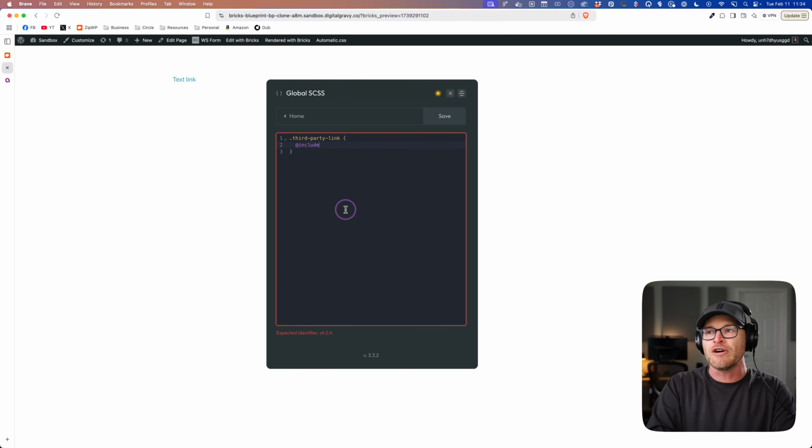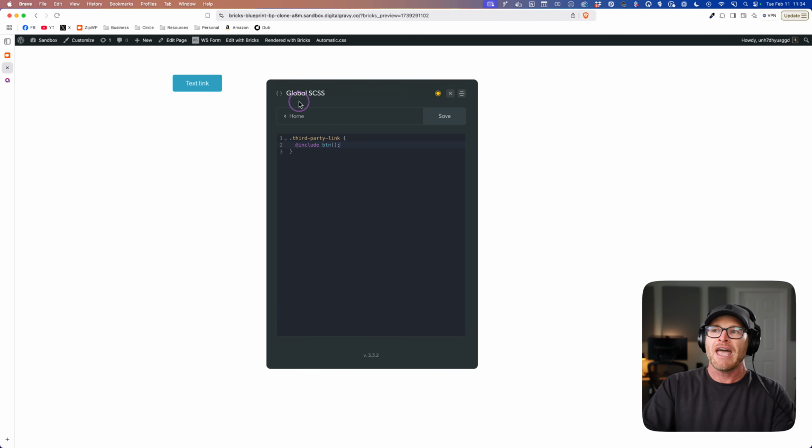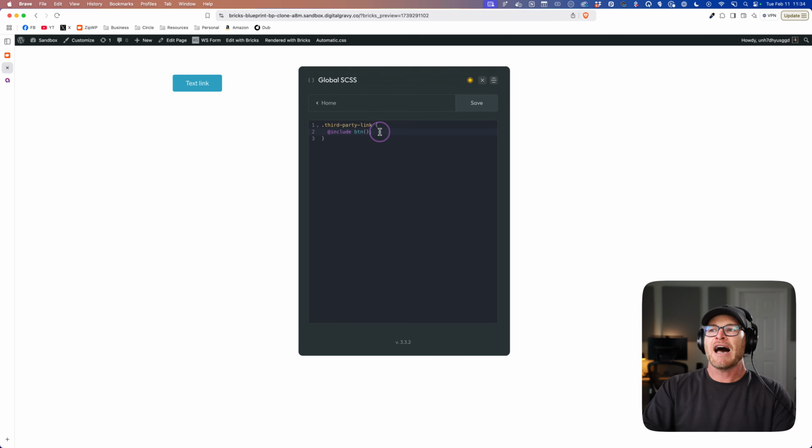You can use what are called mix-ins, right? So you do something like @include, and then button. I want you to notice that this is Sass. This is not CSS. This typically has to be pre-processed. If you write Sass anywhere, you have to save it, it'll pre-process it and turn it into vanilla CSS, and then you can reload the page and see what has happened.